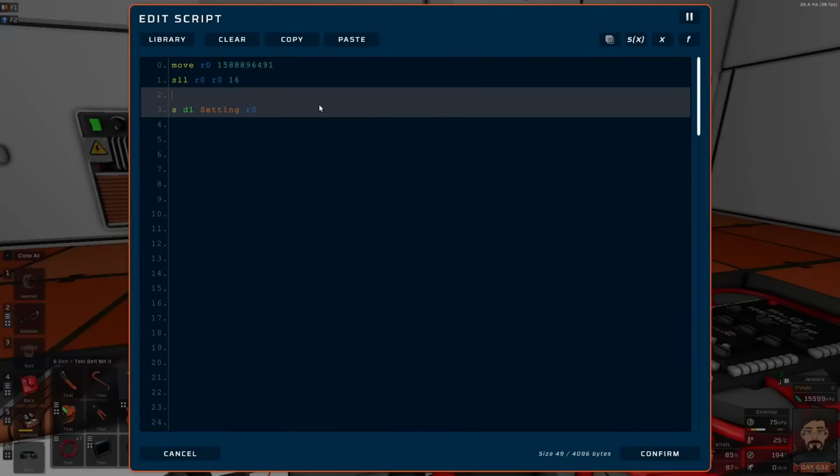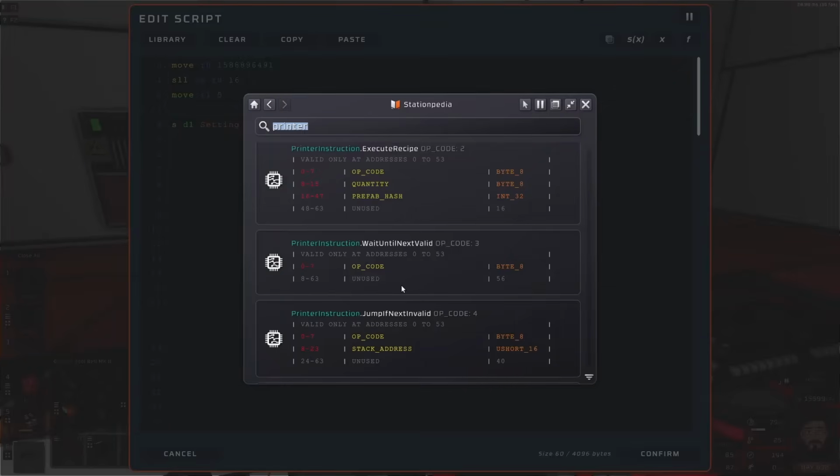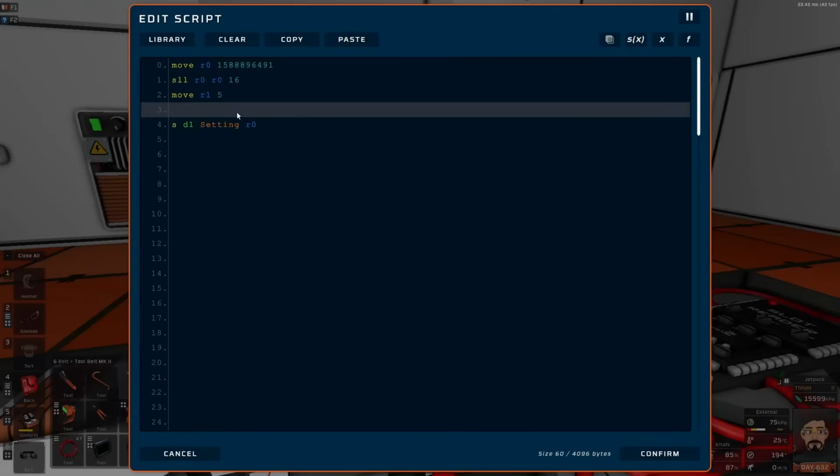So we shall want to say move into R1, which was a quantity. Why am I doing that one next? I don't know. Why not? Was the quantity, we wanted to say 5 of them, and so from here the quantity had to be in bits 8 to 15, so we want to shift that one left by 8 bits. So I shall shift logically left R1 by 8 bits,